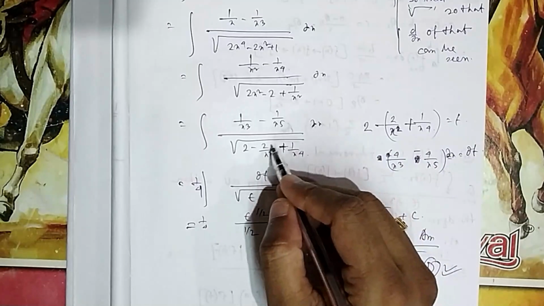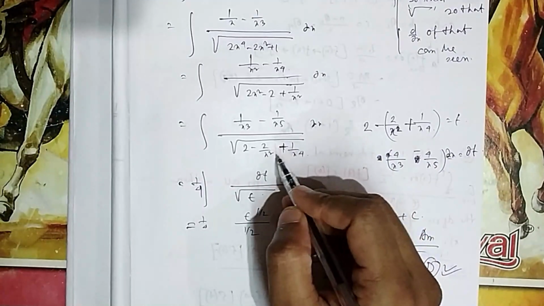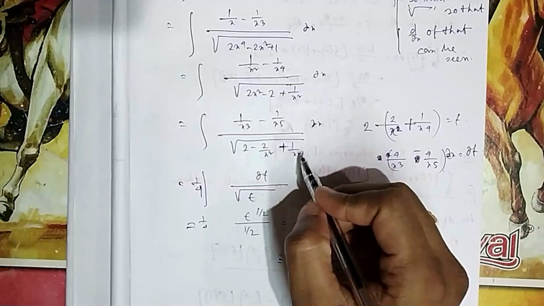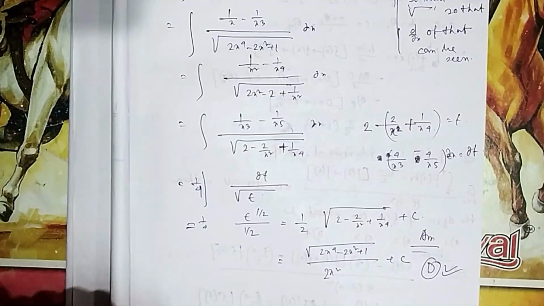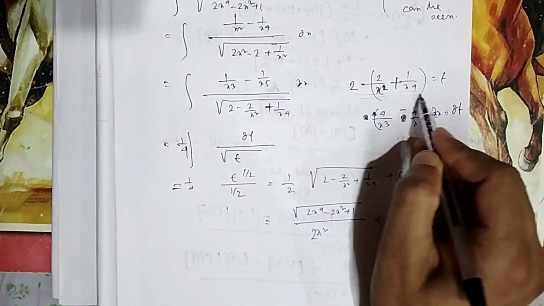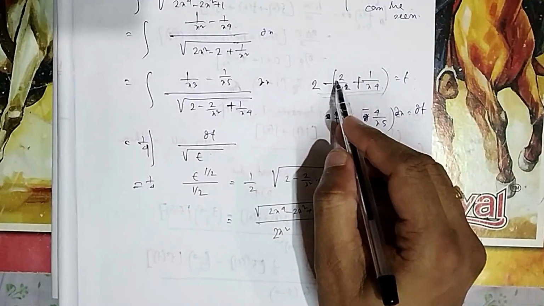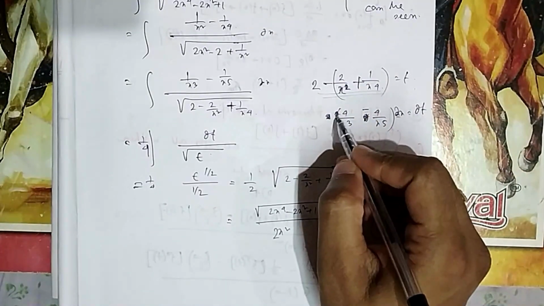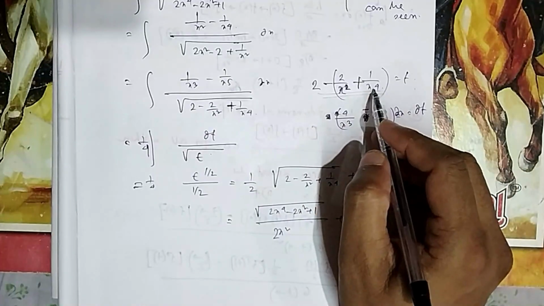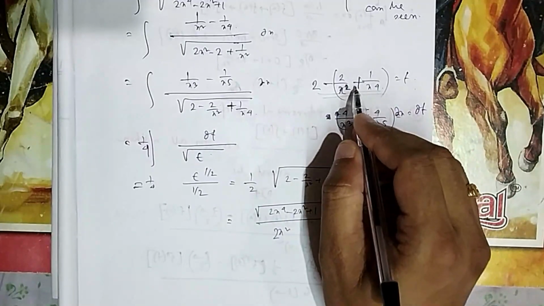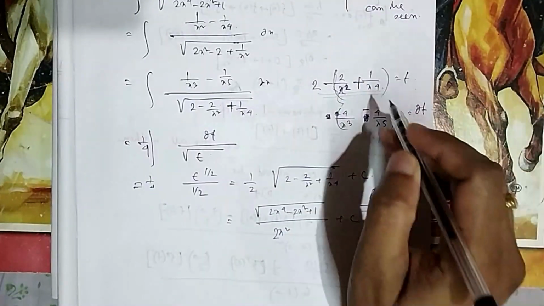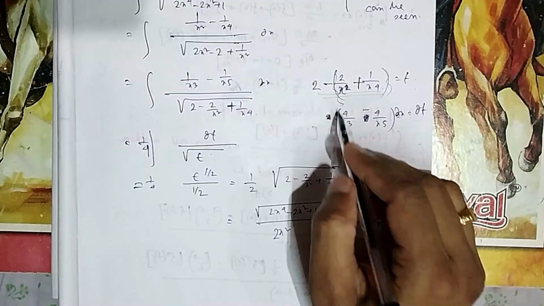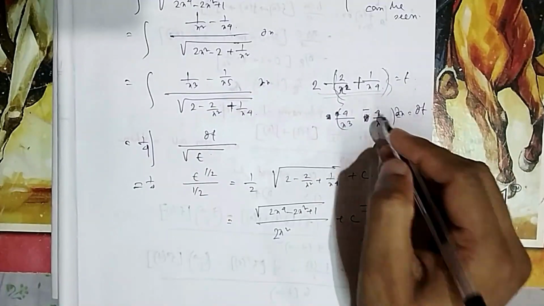Now what am I actually doing? If you take the differentiation of this one, 1 by x square differentiation is 1 by x cube, 1 by x4 differentiation is 1 by x5. Something of this one's differentiation will come in the numerator, so you have to see that. So if you take this one as t, what will come? The differentiation of this one, minus 2 into 2, that is minus minus plus 4 by x cube, and this will be minus 4. Already there is a minus in the formula, so that minus will come. There is no bracket. This one is as it is, because in the formula it is minus 2, so minus 2 minus 2 plus, in the formula it is minus 4, so plus and minus minus, divided by.